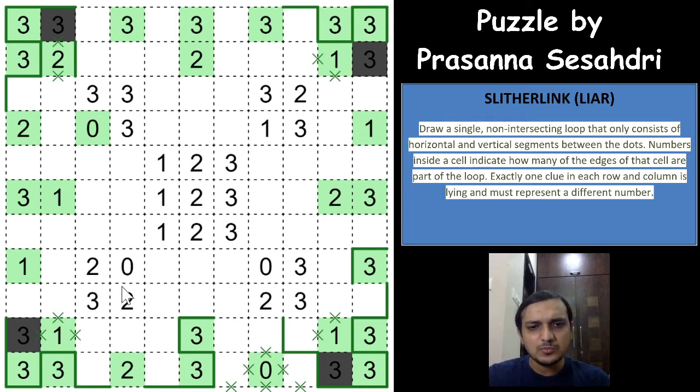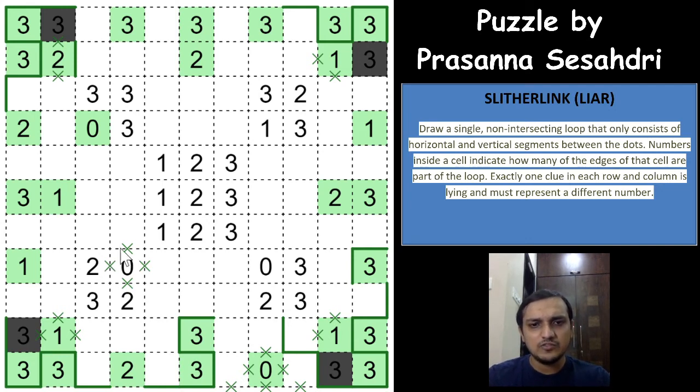Can both of these numbers be right? 3 and 0. So what happens if both of these numbers are right? So if 0 is right, you have this way, and if 3 is right, there is no way that you can now fulfill the 3 here, right? You will do this, you will have a single closed loop here, and the 3 will have 4 loop segments. So there is no way that you can fulfill the 3 here if both of these numbers are right,